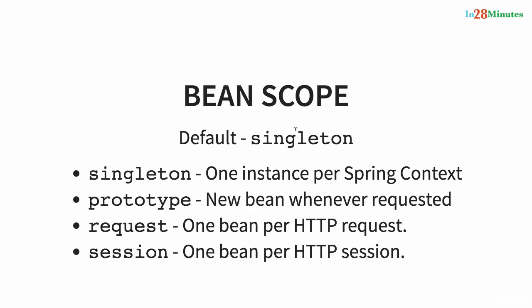Getting on to the scope of singleton and the difference with the Gang of Four design pattern called singleton. In the Gang of Four design patterns, whenever they say singleton, it basically means one singleton per JVM. Per Java virtual machine, you have one instance of that bean. However, when we talk about singleton in Spring, it's one instance per application context. By the Gang of Four definition, even if multiple application contexts are running in the same JVM, you should have just one instance of that specific class.